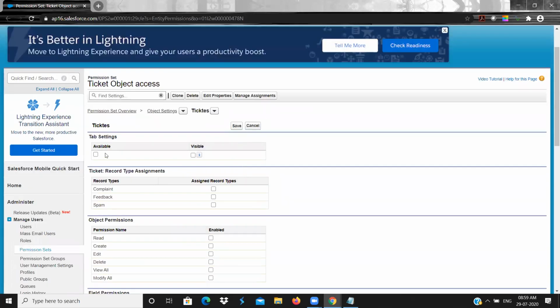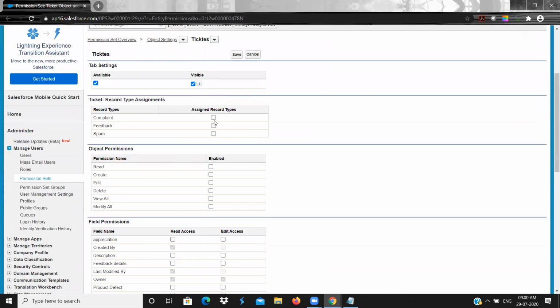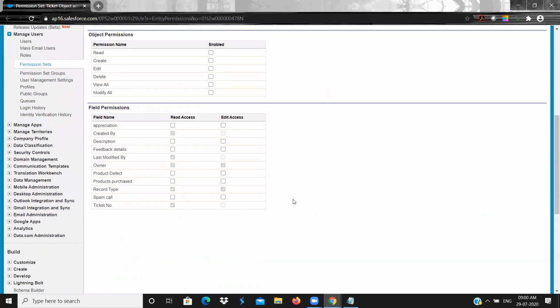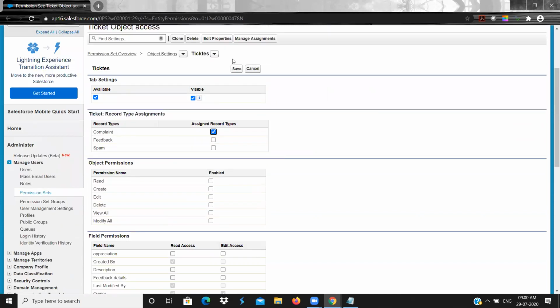You are making the tab visible. Now I'm making the complaint record type, giving the access for the user. And I will simply click on save.